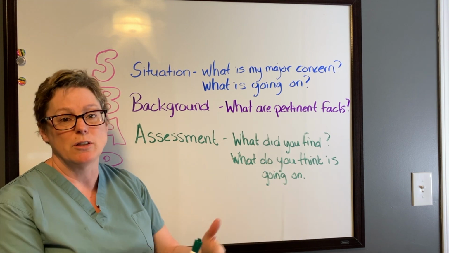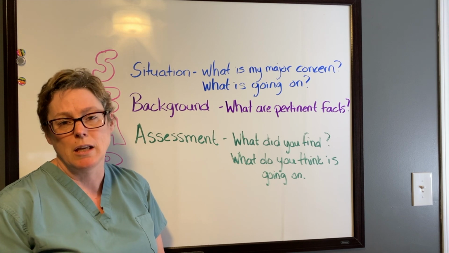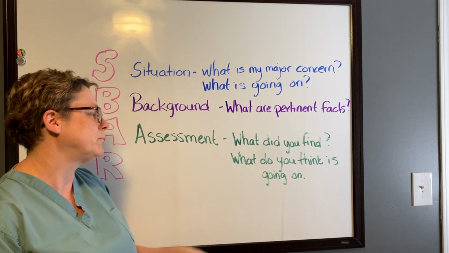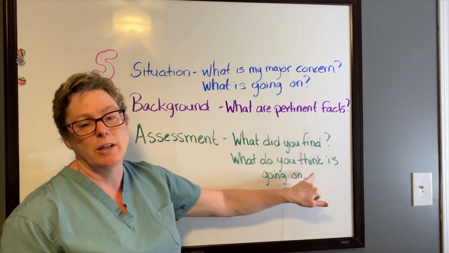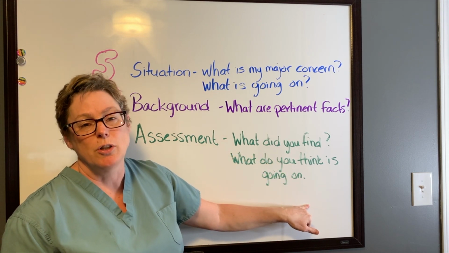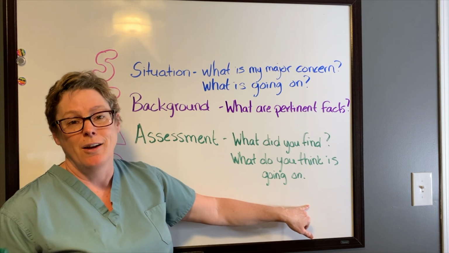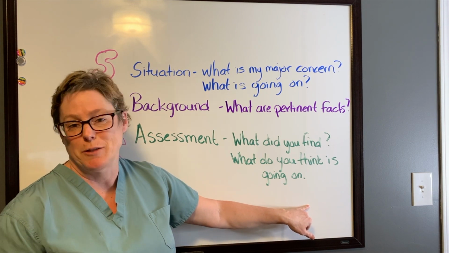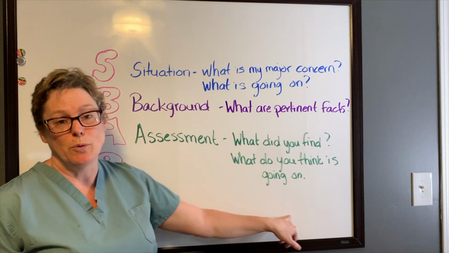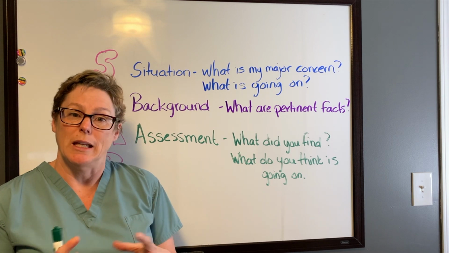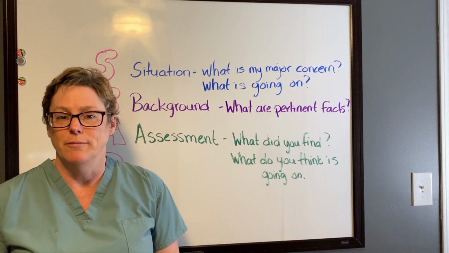At that time, he was stating no pain, and now it's only been 2 hours and he's in uncontrollable pain. So the question is, what did you find, and what do you think is going on? In your assessment, in your discussion with him, maybe he tells you that he banged his knee on the bed railing, and that's what knocked him to the ground and why he's in so much pain. Or perhaps when you assessed him, you found that there was a lot of swelling and oozing coming from that site, and you're thinking it's infected.